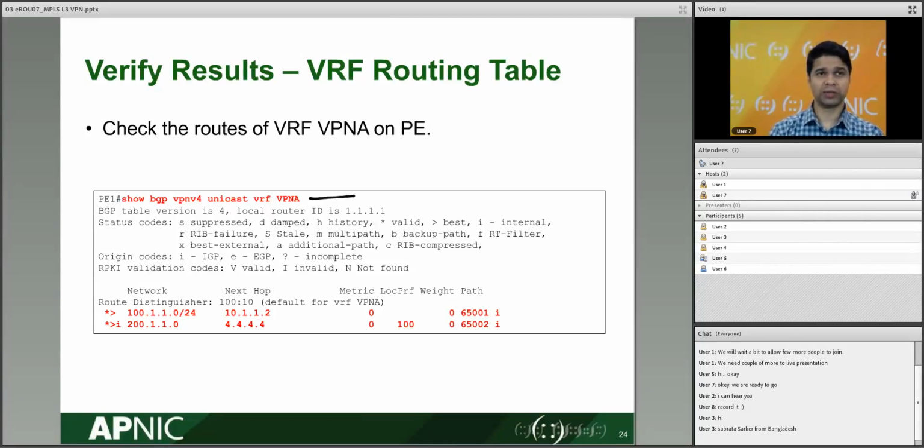So we say show BGP VPNv4 unicast VRF name. For IPv4 global unicast, what we used to do is show BGP IPv4 unicast summary, and that will show all the routes. If it is VRF-specific, we run show BGP VPNv4 unicast VRF name, and we see all those routes specific to the VRF. And you see the interesting thing, where is this route distinguisher